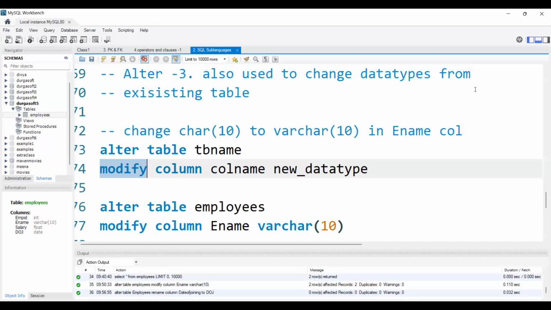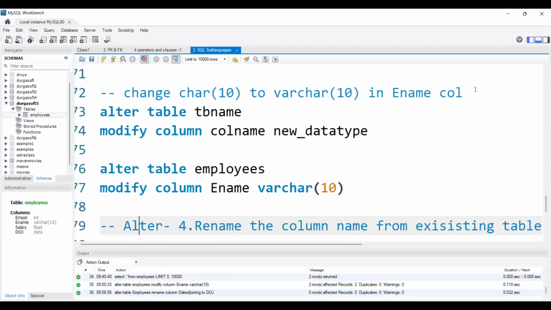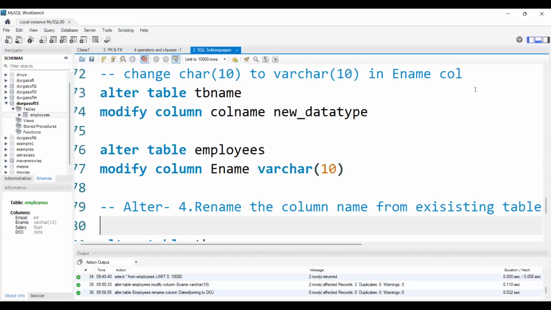If possible, I will try to search for the list, but for now I don't have that list. Basically, I will upload these files, and in these files, topic wise, I will have the syntaxes. We will use the modify keyword here only. Going forward, in other concepts, we don't see the modify keyword. For changing the data types only, we will use modify. I understood your question: you're asking whether I have any list where you can see on one page where we need to use the modify keyword, correct?